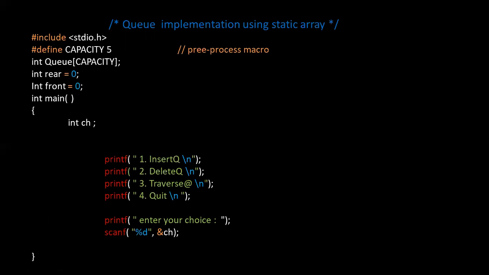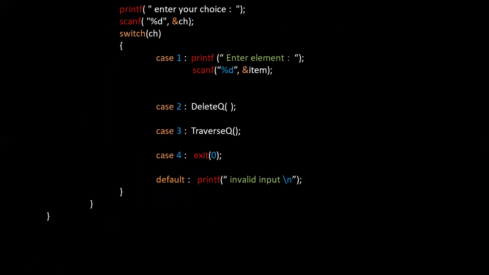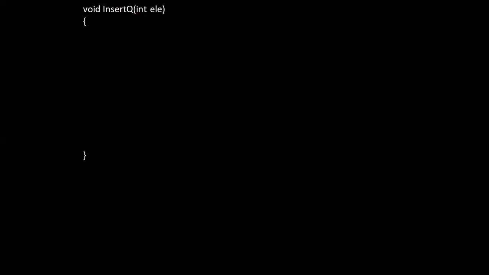Where we are going to declare it means we are going to declare it here. If you can see here, we are going to declare the item variable. So item. Then we need to call the insert queue function. So here we are passing the item. It is taking an integer as an argument and not returning any value. So here we can see void as our return type.